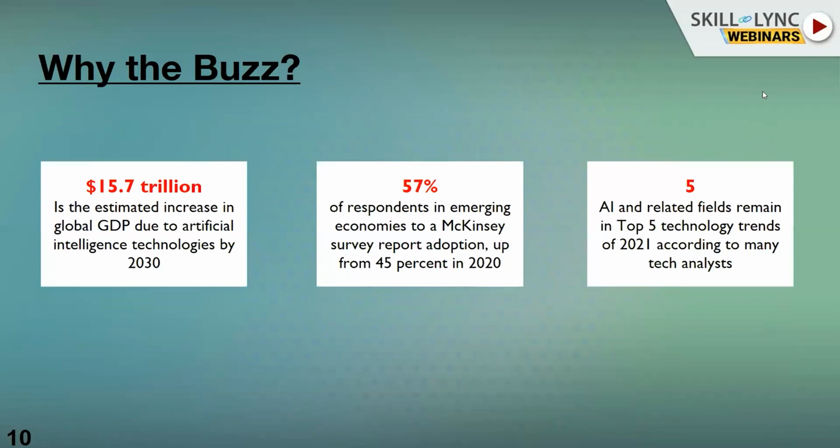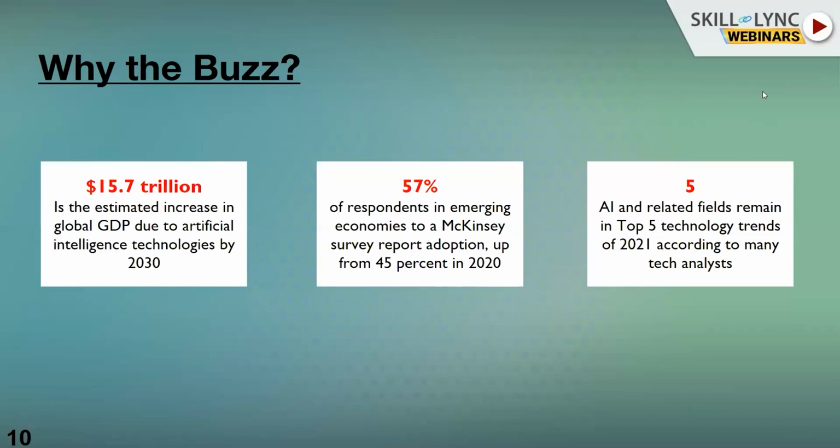Okay, so we understand how AI or ML can help us, but then why is there a buzz about AI ML now, or let's say for the last few years that we have been hearing a lot about AI ML, right? But obviously, decision making is as old as the human race itself, right? So what has changed now that we have been hearing about AI ML? Like if you see some of those staggering statistics, like 15.7 trillion is the estimated GDP, right?